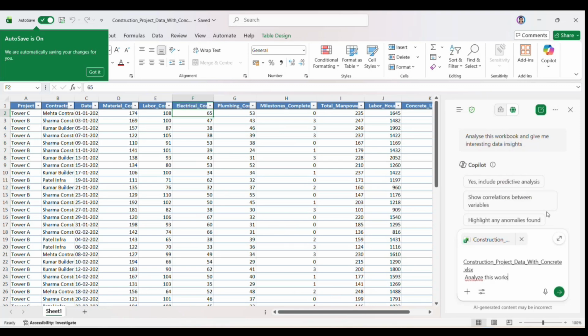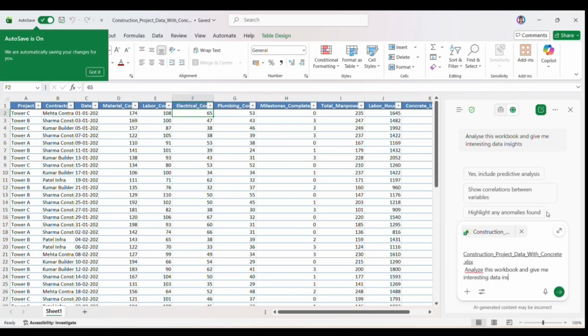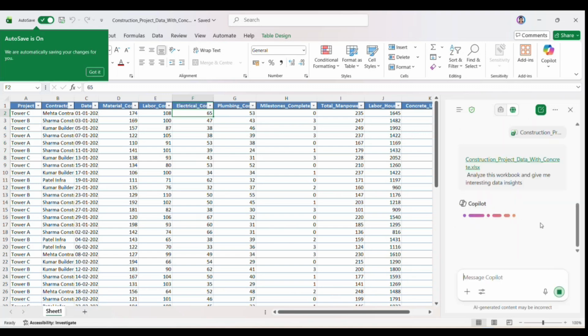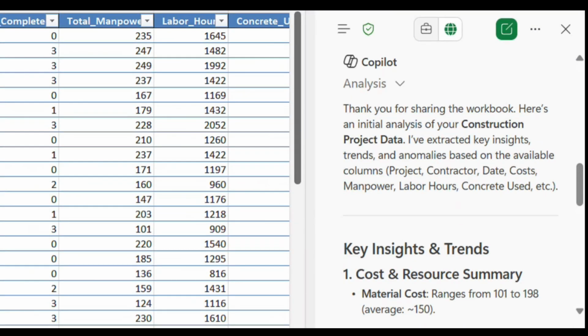Analyze this workbook and give me interesting data insights. Okay, I'm just pressing, so let us see what Copilot is going to give me. It is analyzing my data. Thank you for sharing your workbook. Here is the insight. So here you can see